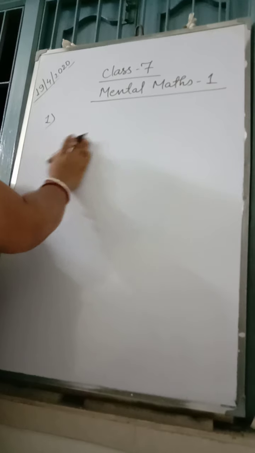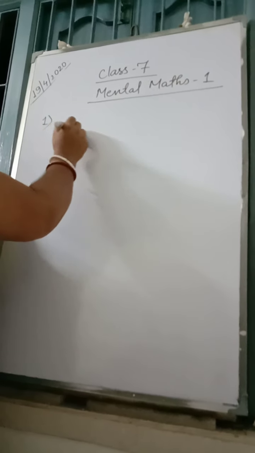Today we'll be solving this mental maths book. Open your book, Mental Maths 1, page number 2. You can keep your copy to do some rough work if required, or do sideways where the places are given, but the answers should be written in the blanks provided in the book. When I correct, I'll be taking only the book, not your rough work. That is for your own reference.